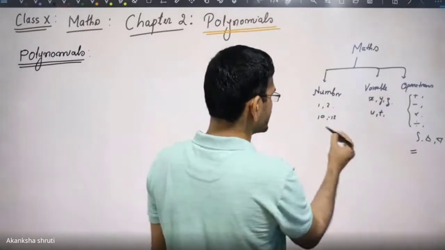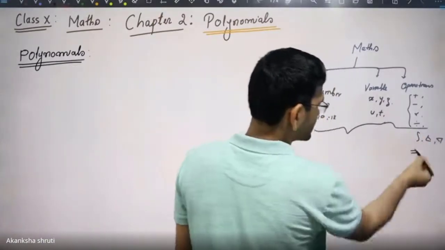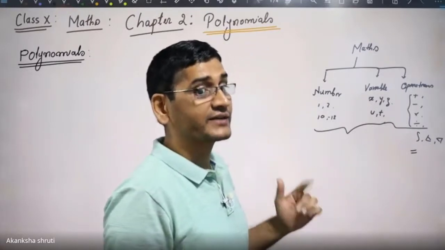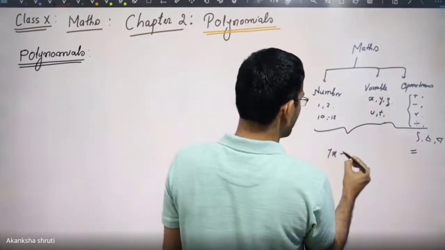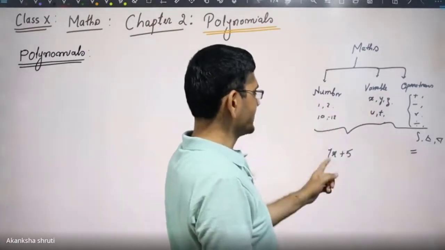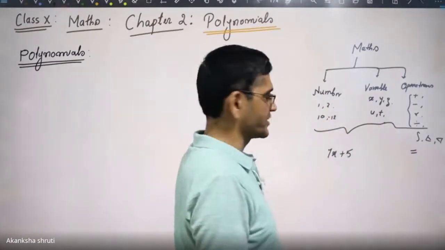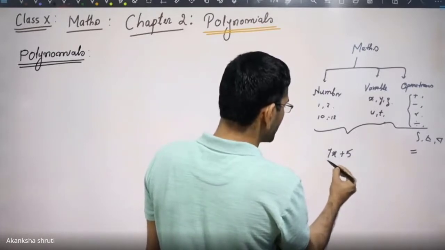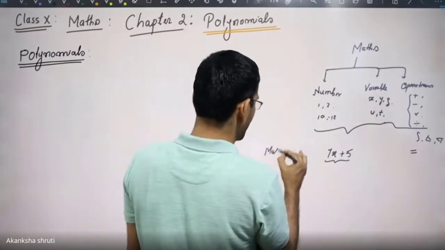Students, if we consider numbers and variables with the operators, excluding the equal sign, and we write that, then it is called a mathematical expression. Say, if I am writing 7x plus 5, x is the variable, 7 is a constant, plus is the operator, 5 is another number or constant that we have taken. So writing in this form, it is called an expression. So this is your mathematical expression.